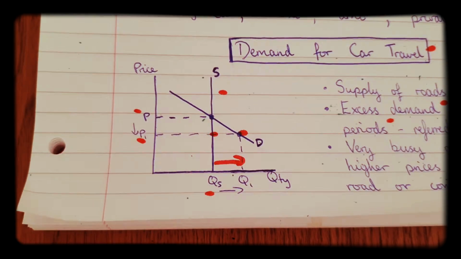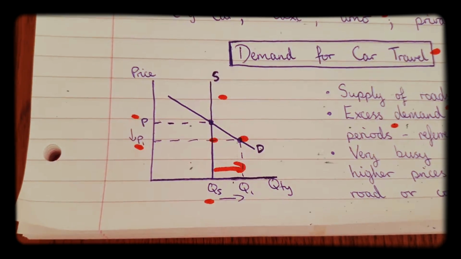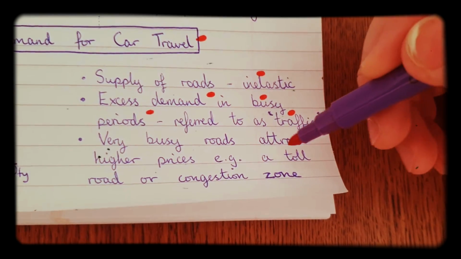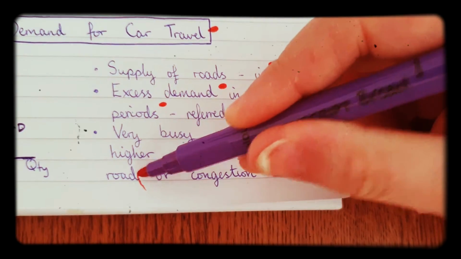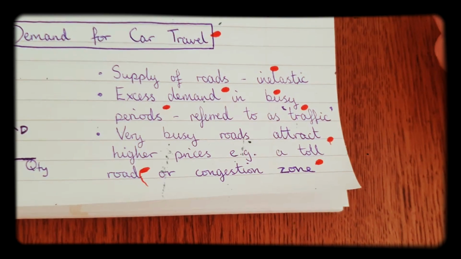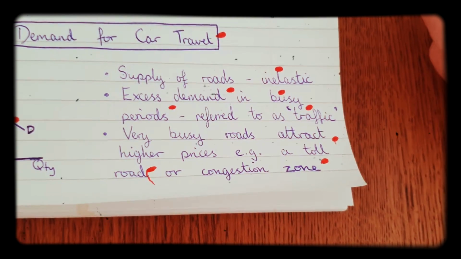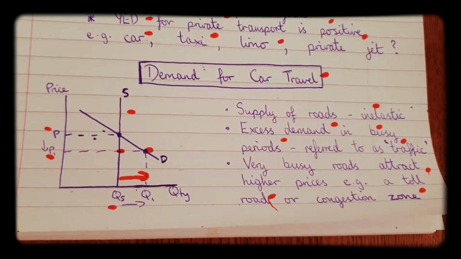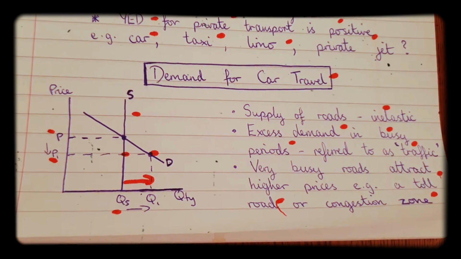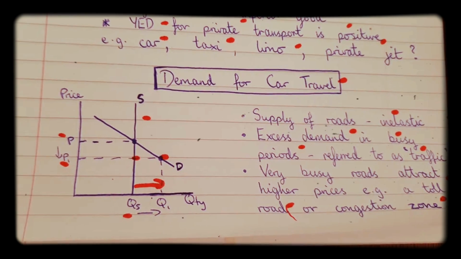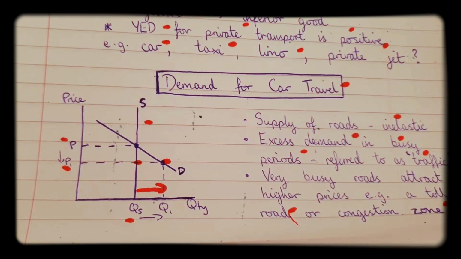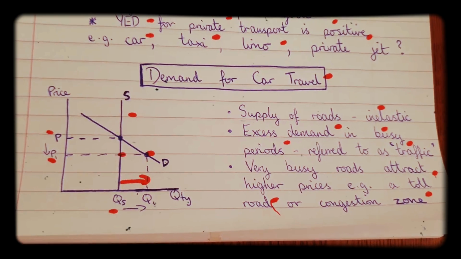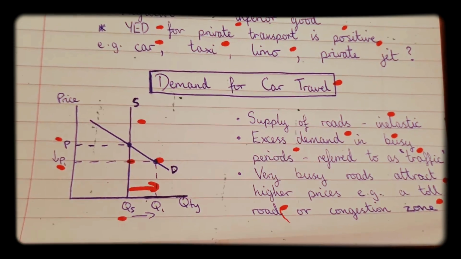We'll find that in very built up areas, you need to actually start charging people to use the road. That might be a toll road, or it might be a congestion zone. You'll get that in London particularly, where there's lots and lots of demand for use of the roads, and basically they have to charge for it, otherwise the traffic will just be unbelievable and no one can use the road. In most cases there isn't excess demand, but it's generally to do with the peak times that we get this problem.